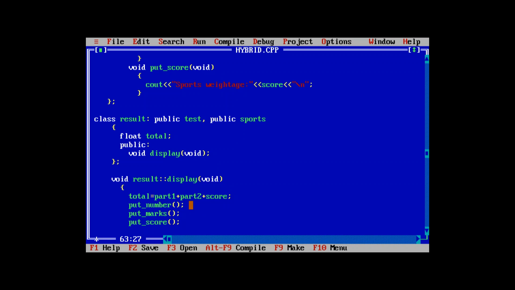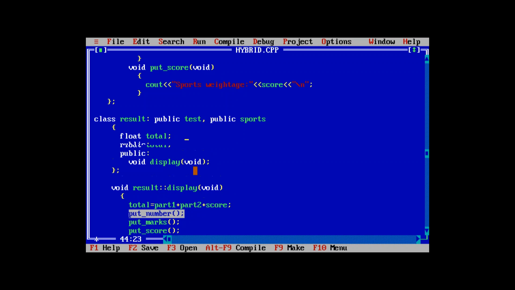Then there is a put marks, then there is a put score. So there are three member functions that are also used: one is put number, one is put marks, one is put score. First of all, it is adding up all three values, that is part 1, part 2 and the score. Then put number will be called, that is simply used to display the